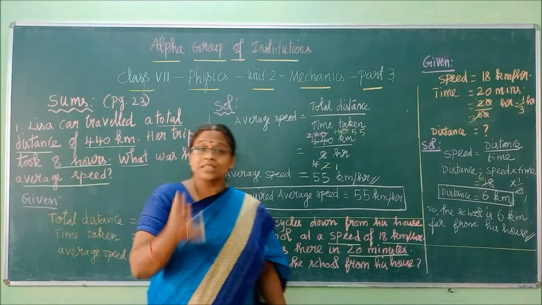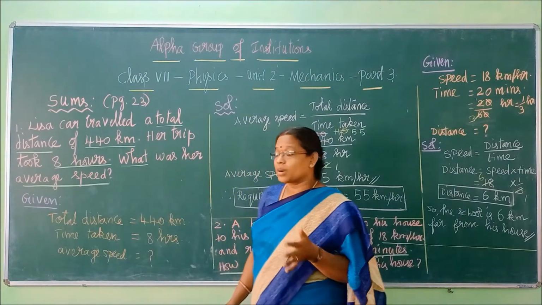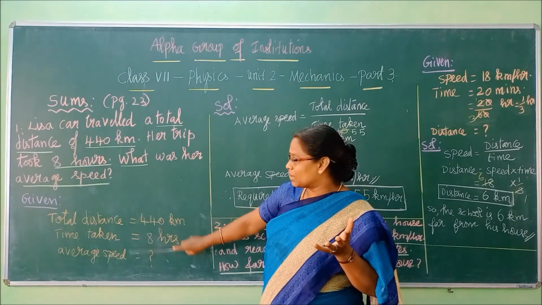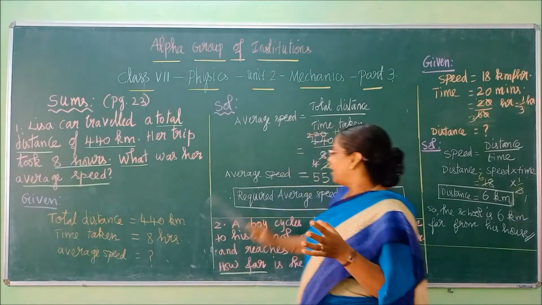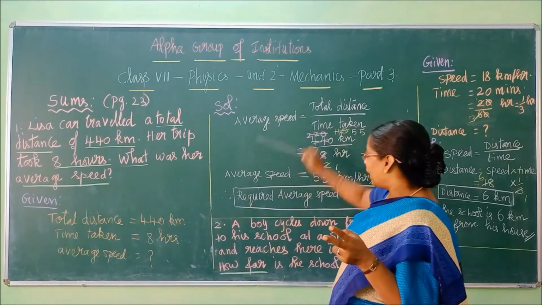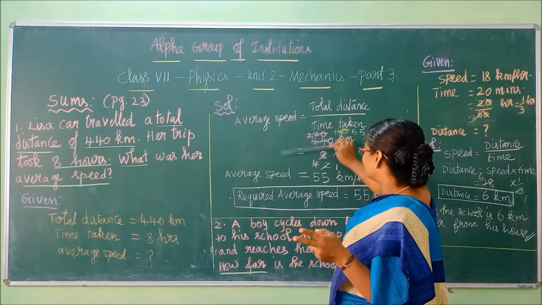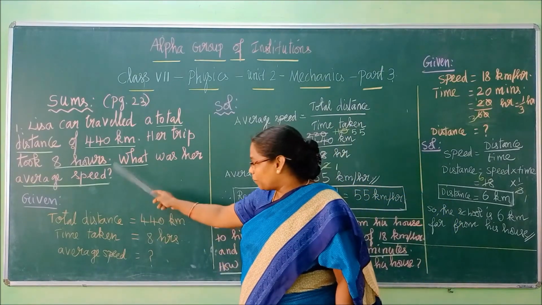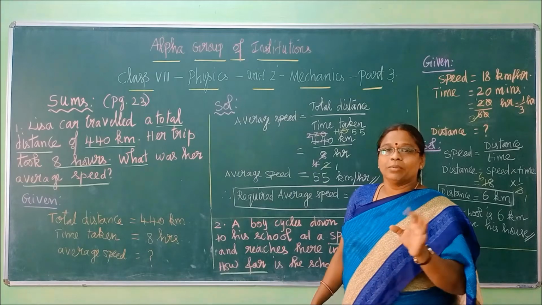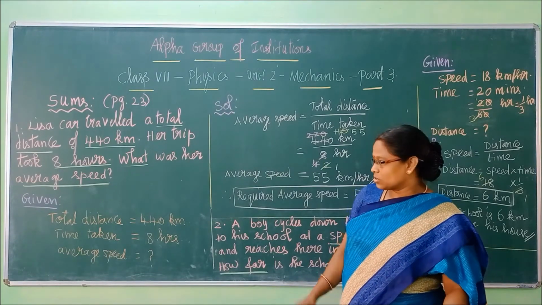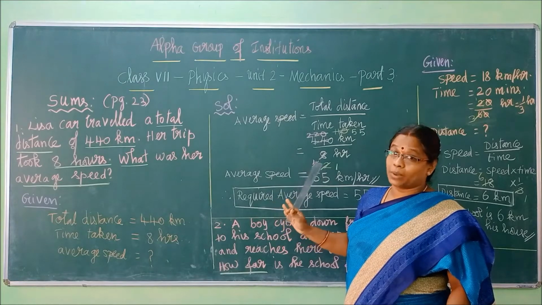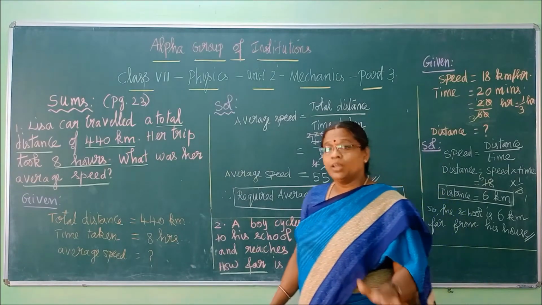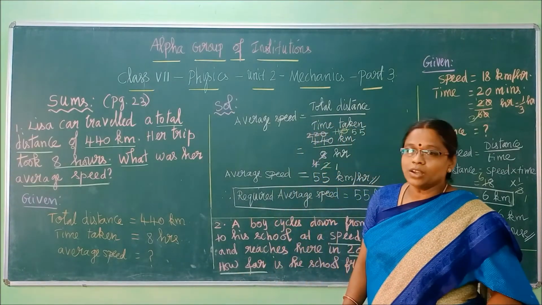So when marks are divided, practice from your lower classes. If it is going to be a theory based examination, the formula given will get you half mark, if it is a 2 mark question I am saying, and the steps will take another half, the final writing answer will get another half. So when you practice like this from now onwards, it will be very easy for you in your higher classes. This is a basic sum I have taught in a very detailed way. Subsequently I am not going to teach you like this. So keep the same steps in your mind, and with that basic instruction we will go to the next sums.